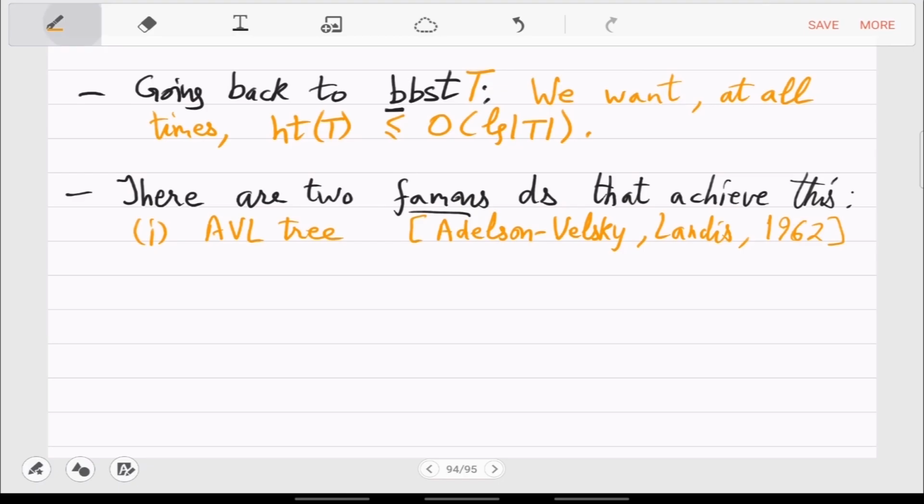We will not do this, we will do something more complicated, which is called red-black tree. So this is by Guibas and Sedgewick.